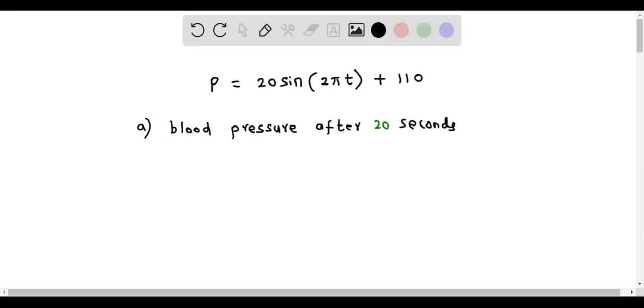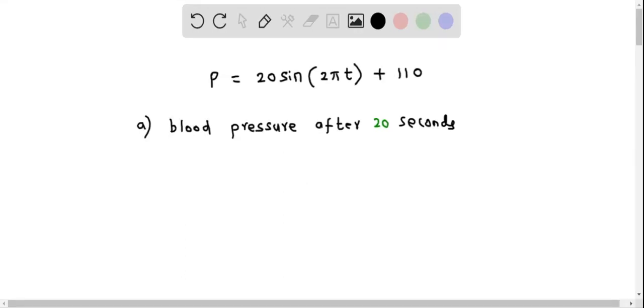We have this equation P equals 20 sine 2 pi t plus 110, which models the blood pressure after t seconds. In part A, we determine the blood pressure after 20 seconds. That is, we plug in t equal to 20 into the equation P and find the blood pressure. So we get P equals 20 times sine of 2 pi and then replace t by 20